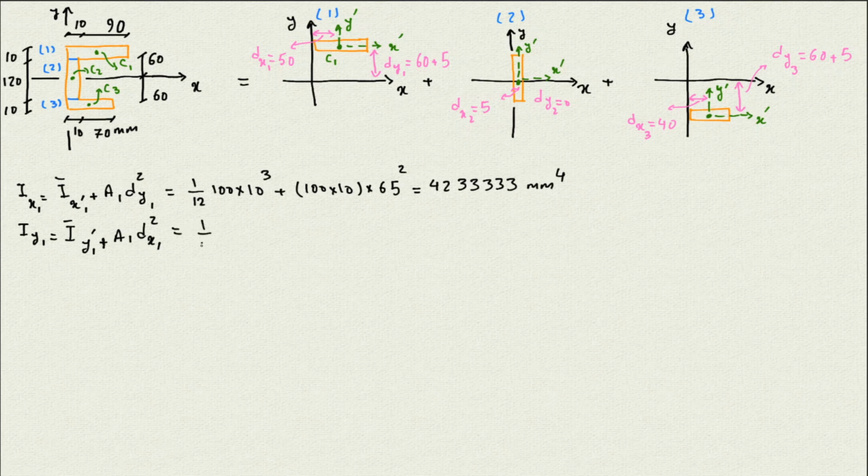So it's going to be 1/12, and this time the b and h take their place, so 10 times 100 cube, plus the area about the y-axis, 10 times 100, and then the dx1 squared, which is 50 squared, which comes out to 33